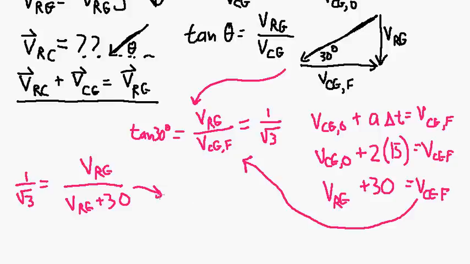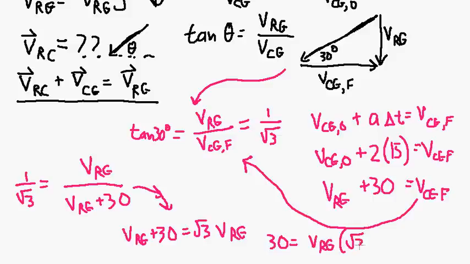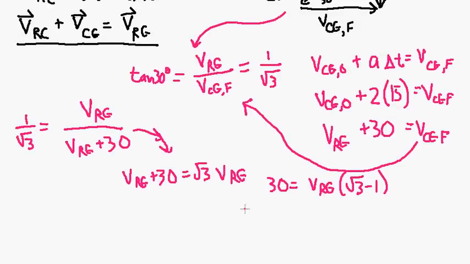So let's cross multiply and get VRG plus 30 equals root 3 times VRG, and then 30 equals VRG times root 3 minus 1. And so then, of course, it's pretty easy. VRG equals 30 over root 3 minus 1, and that's equal to about